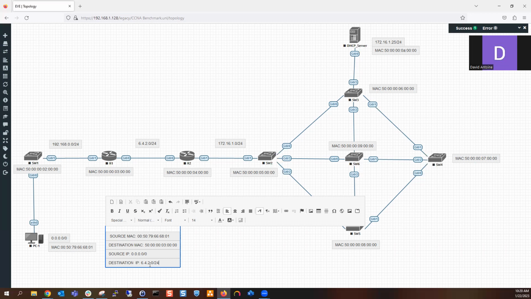So you got 3 out of the 4 correct. Source MAC, absolutely. Layer 2, it's coming from PC1. That's the MAC address that frame is sourcing from on this broadcast domain. Destination MAC, R1. It needs to be sent there. Source IP,